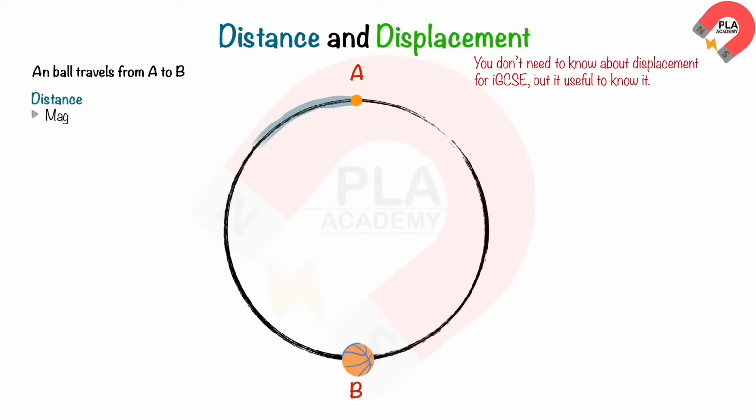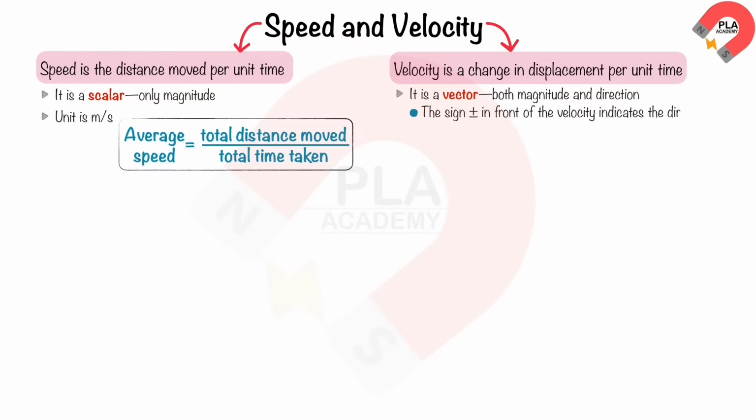Velocity is the change in displacement per unit time. Velocity is a vector quantity, which has both magnitude and direction. In one-dimensional motion, the sign, positive or negative, in front of the velocity indicates the direction of the object's motion. The unit of velocity is the same as the unit of speed, which is meters per second. The magnitude of velocity is equal to speed when an object travels in a straight line and does not change